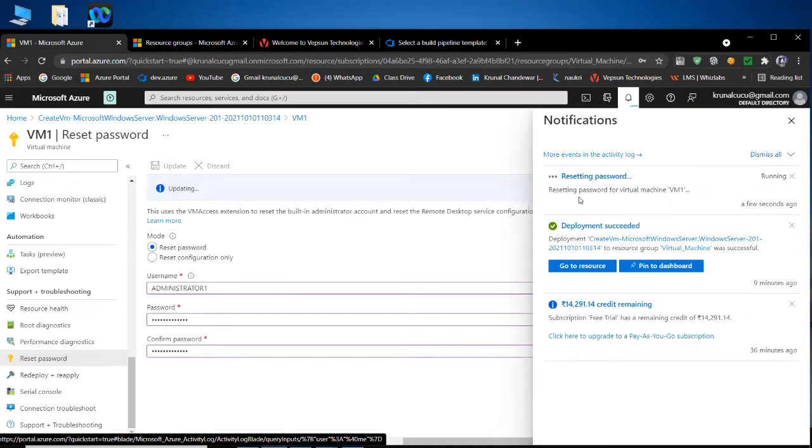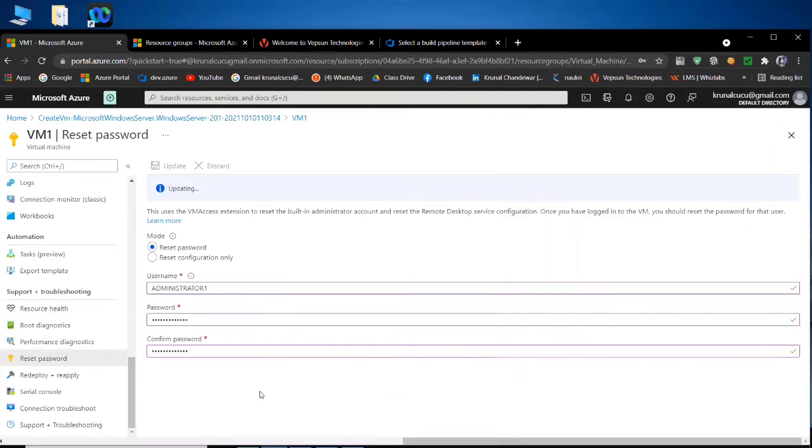I have a good connection, my Wi-Fi is strong, but still for doing all work on cloud, it takes some time. So this is the process for resetting your password. Even if you forgot your username, we have an option for that also, and I will let you know about that.